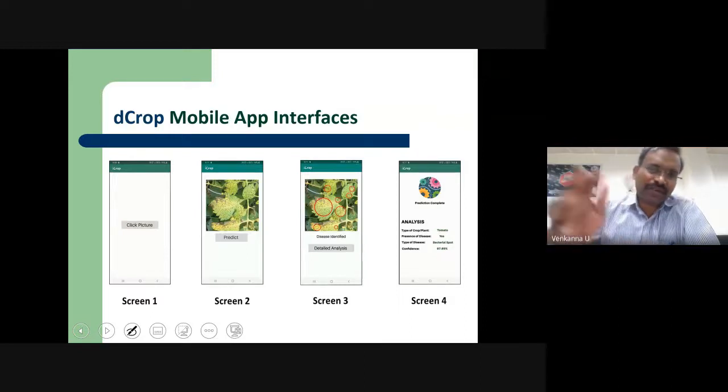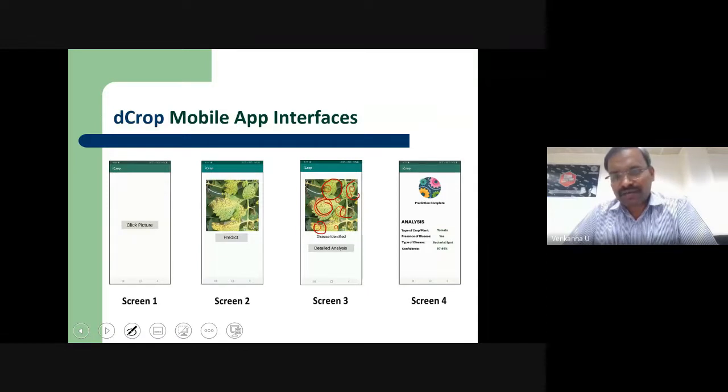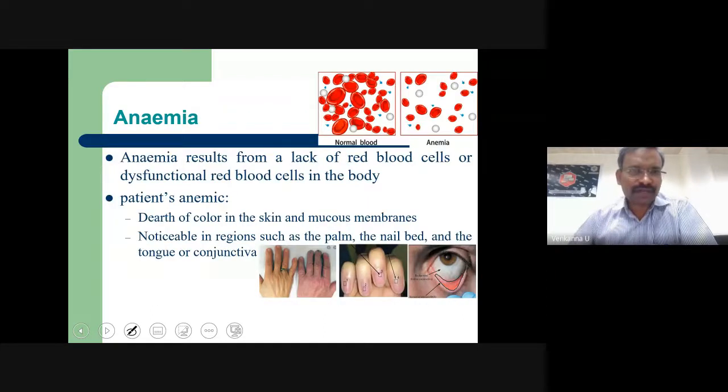Okay, just go to a tomato leaf, capture a photo with the phone, and it will say where the disease portion is and what type of disease it is. But this was developed three years back in 2018 and communicated to a reputed conference. Then in the health sector also, we started developing some mobile phone based apps.